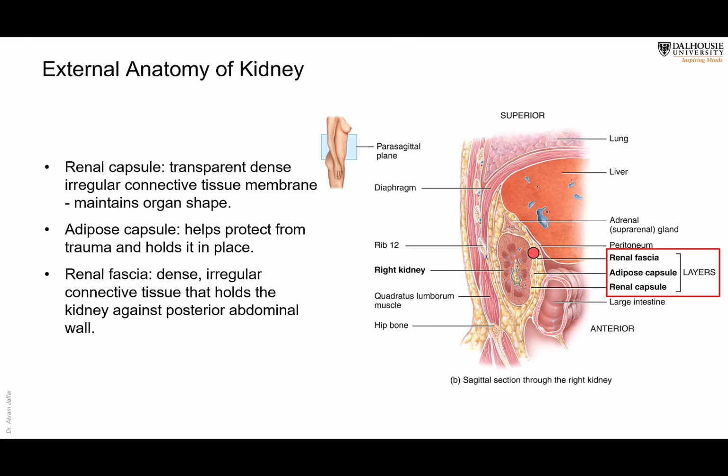And then after that, outside the capsule, you can see there is a lot of adipose tissue. For protection of the kidney, there is a lot of adipose tissue constituting an adipose capsule. And then there is another fascia of dense, irregular connective tissue called the renal fascia. So there is a renal capsule which is immediately surrounding the kidney, and then surrounded by fat, and surrounded by